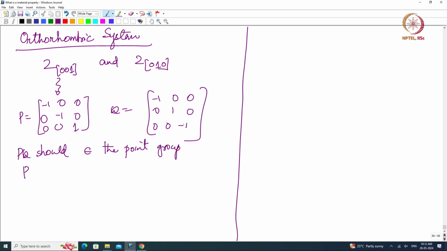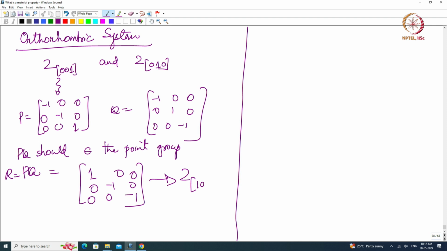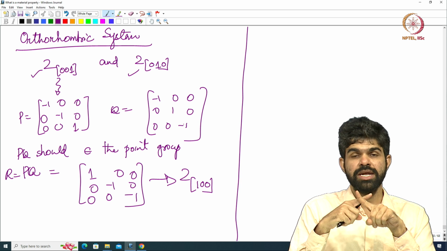Now, what is PQ? R equal to PQ, and that will be -1 0 0 0 0 0. Okay, and that is nothing but a twofold axis of rotation about 1 0 0. Okay. So, if I have 2 twofold axes of rotations which are orthogonal to each other in an orthorhombic system,